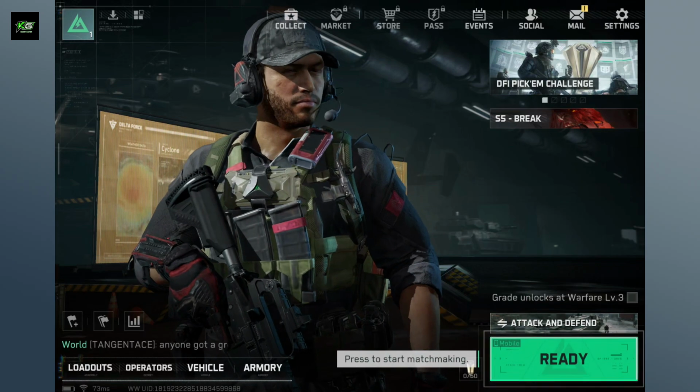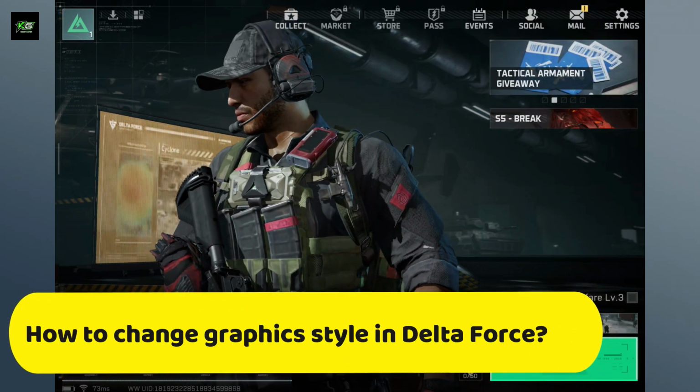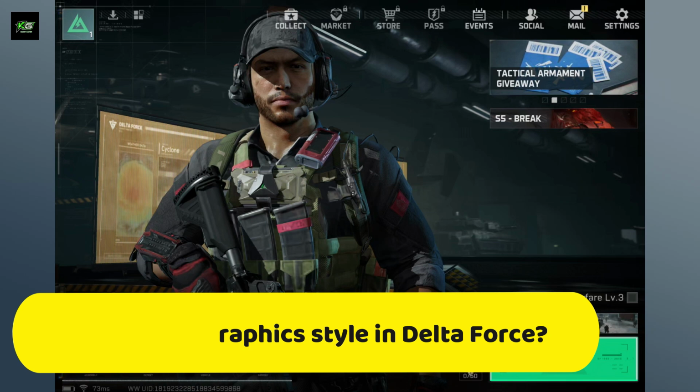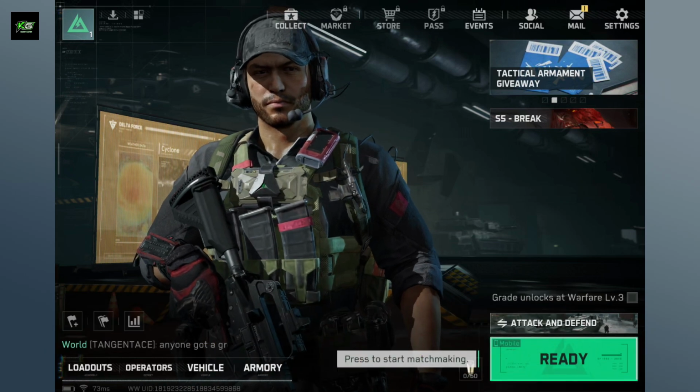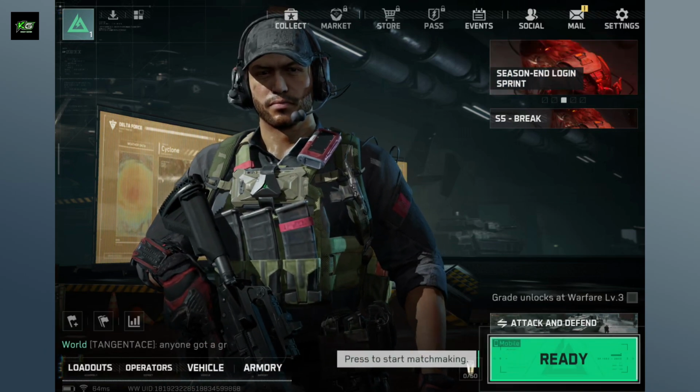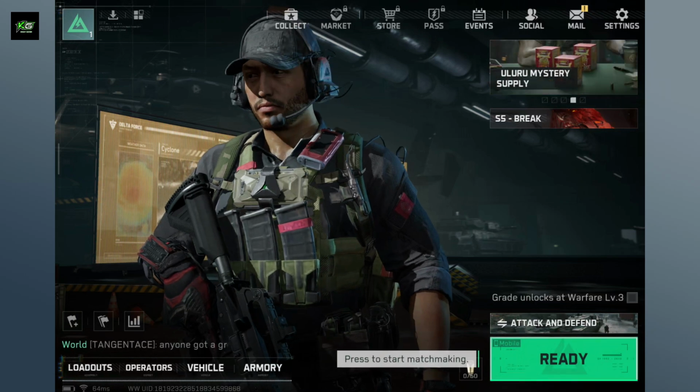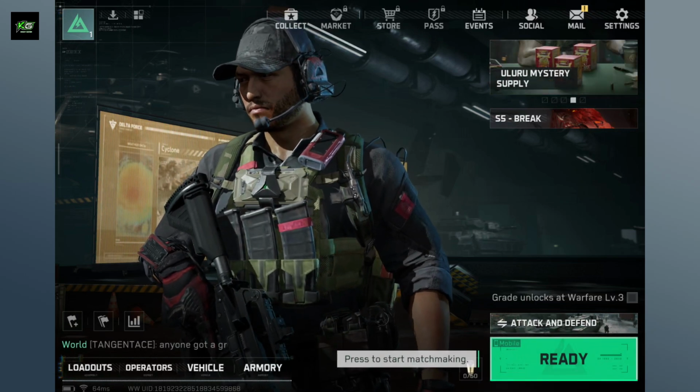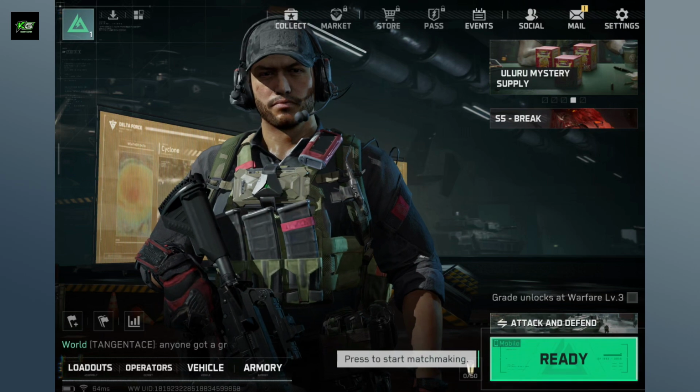Today I'm going to be guiding you through how to change graphic styles in Delta Force. If you want to enhance your gaming experience or adjust the game's visual to match your device's performance, this tutorial will help you out. First of all, launch the Delta Force game on your device and log in with your